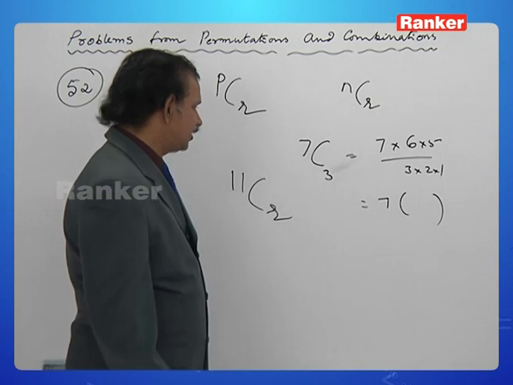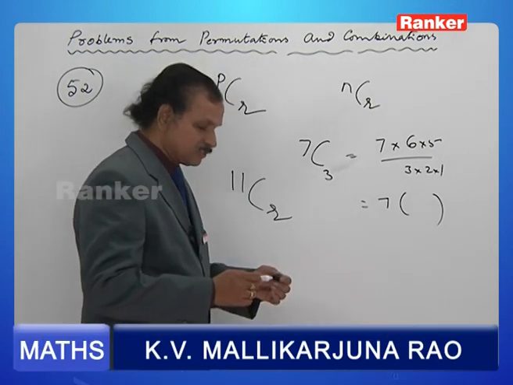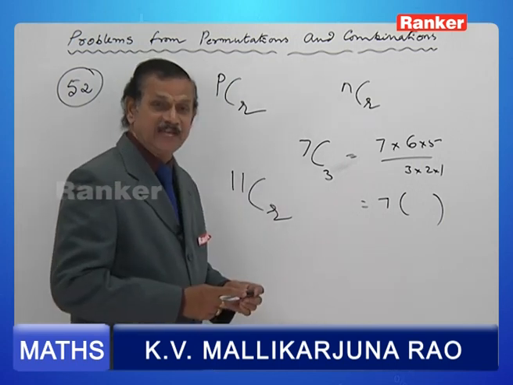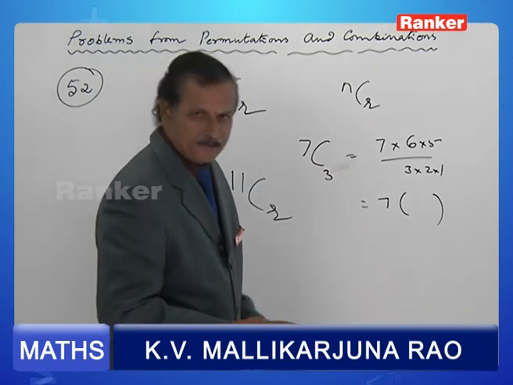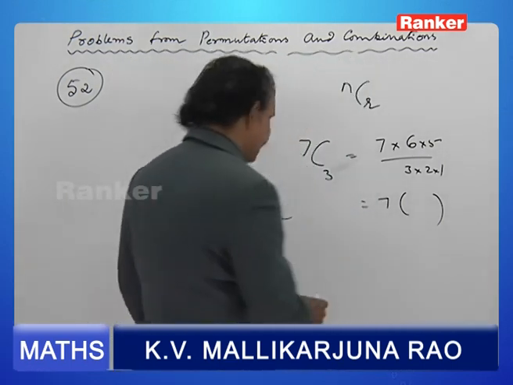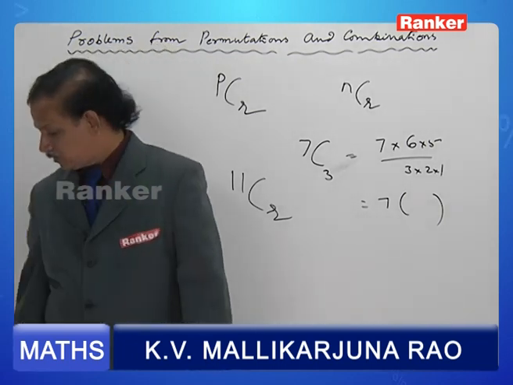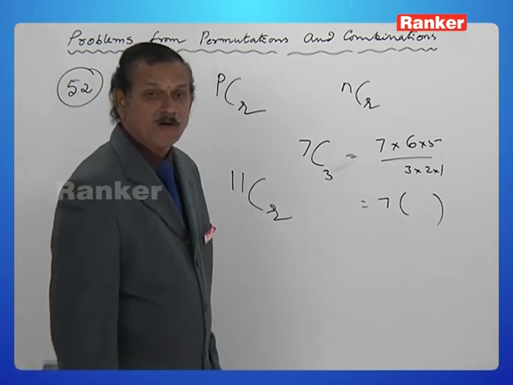Therefore, 11CR is a multiple of 11. 13CR is a multiple of 13. NCR is a multiple of N, provided N is prime. Thinking that in view, 31C3, 31C5, 31C29, you observe all of them, they start with